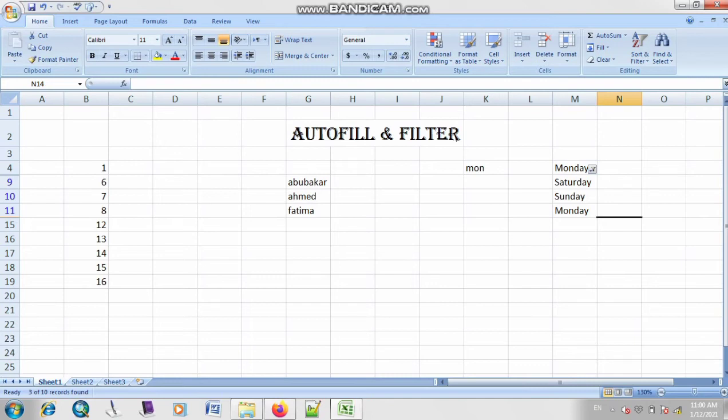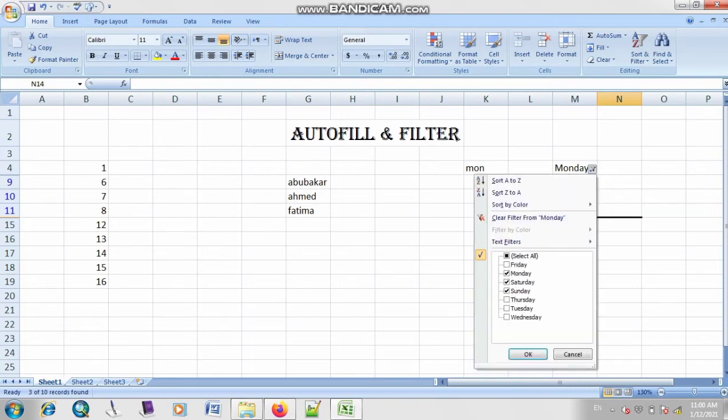Filter is basically used if you want to hide your values. So basically the purpose of filter is not to delete your values. Your values are not deleted, but they will be hidden for some time. And if you want to see your values again, click on this option, turn on all the check boxes and click on this option of OK.